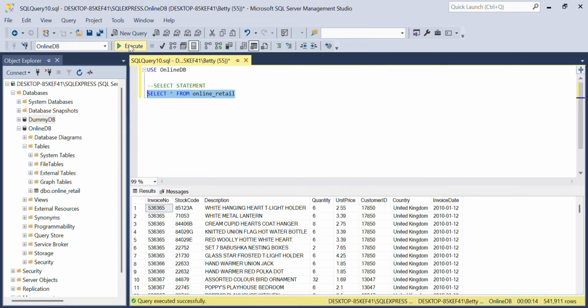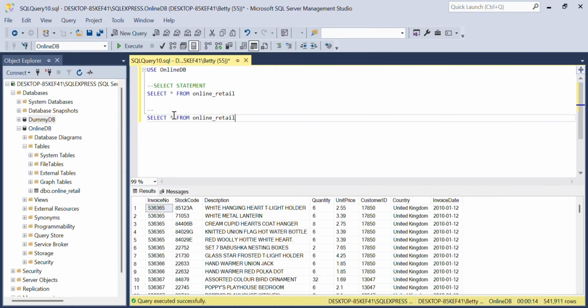Okay. Now if you want to call out specific columns, let's say in the instance where there are so many columns in that table and you just want some specific columns for some analysis purposes, we are going to get through to that. So instead of writing select all, we'll take out the asterisk and put the specific column name there. So I'm just going to highlight this, put it right here,